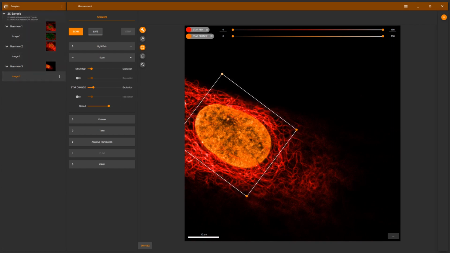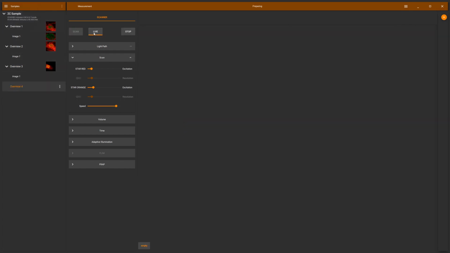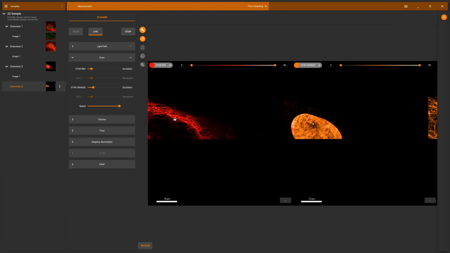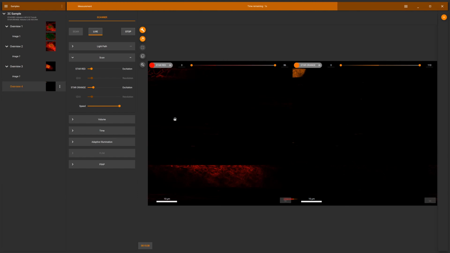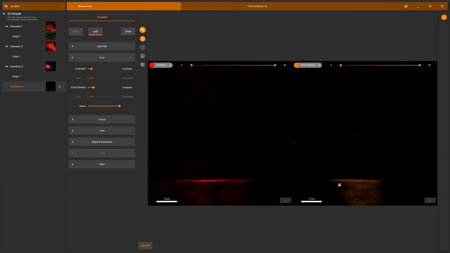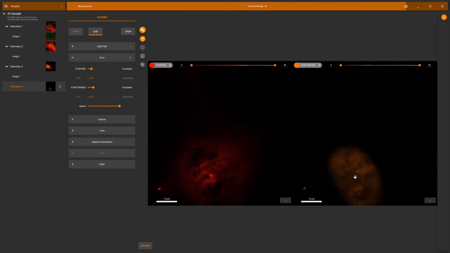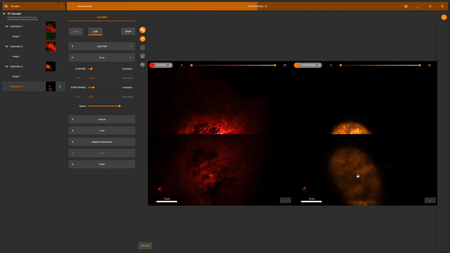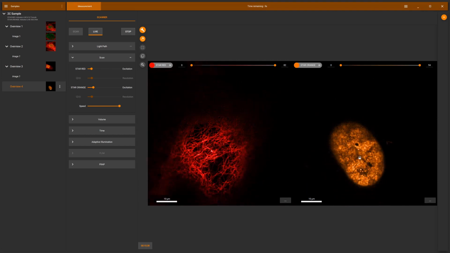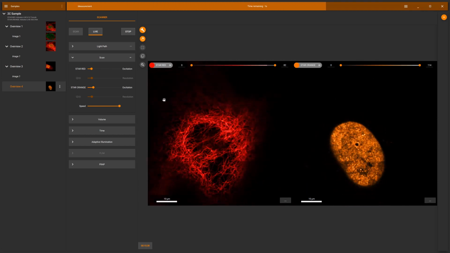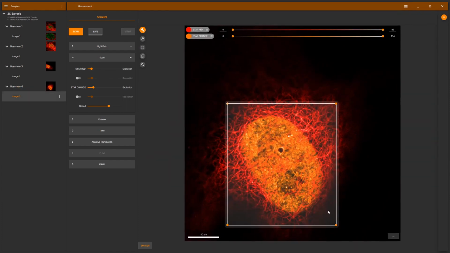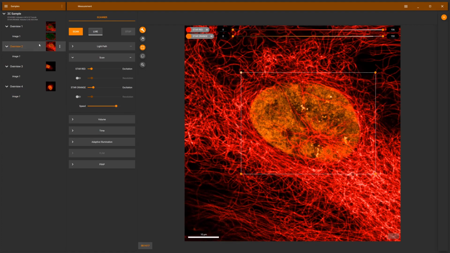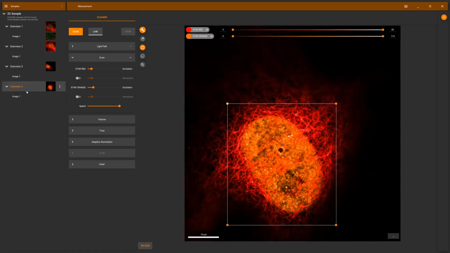And then we actually look for a third cell, which is hidden here. I press stop, I overlay them, I select a region of interest, and now I have 3 regions of interest